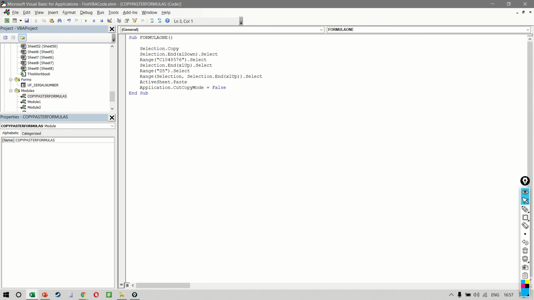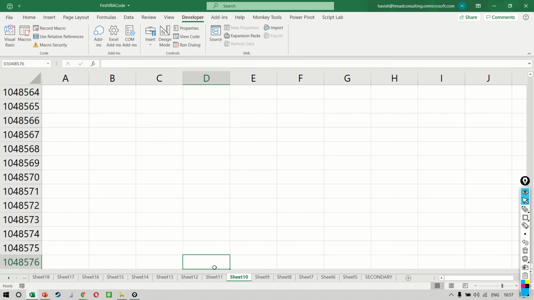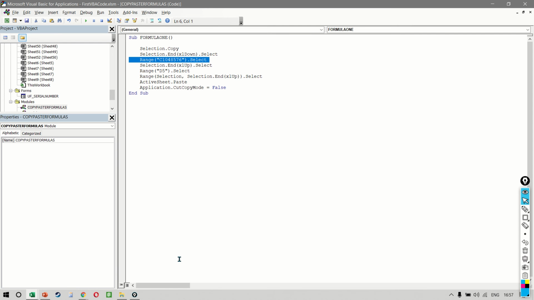We said Control C, Control down, which means we went to the last row of our worksheet, right? And then we went to the left column. That means once we went to D1048576, we went to C1048576, right? Which is what you can see here. Then we did Control up and then we selected D5.